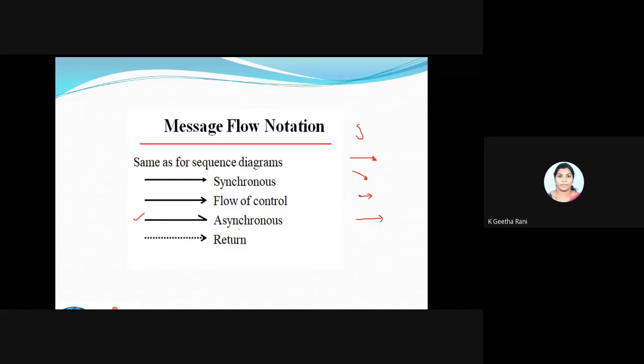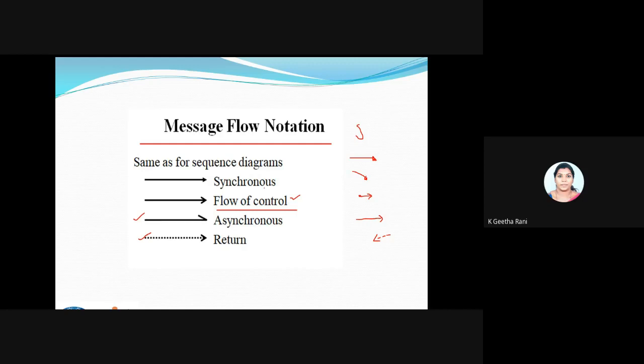And if you want to return, what will you do in a sequence diagram? I'll be using a dashed line along with a normal arrow, the same like this. You can see here. This is how I'm returning in the sequence diagram, and in the collaboration diagram also. One new thing here is called the flow of control. You can see the symbol, the arrow here, a normal line with a normal arrow. This is not inside our sequence diagram. We have a representation like this, but we call them synchronized messages.